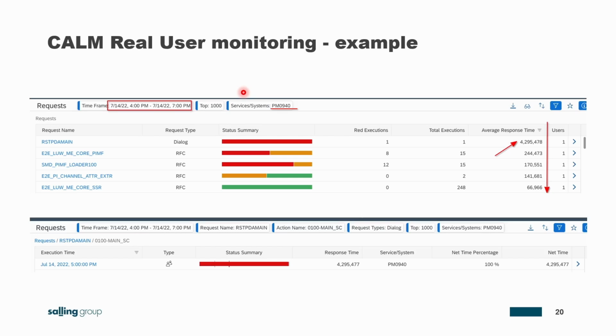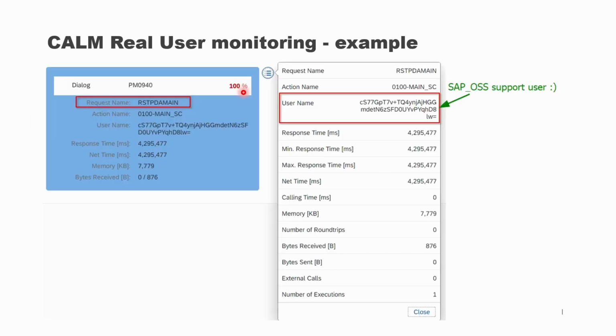It's automatically P2 in Salling Group. And we had a hard time actually understanding it in the start, but when entering the real user monitoring, identifying what was causing it, we could identify that it was actually debugging that we had started but forgot to close down. A silly thing, but easily detected via real user monitoring.